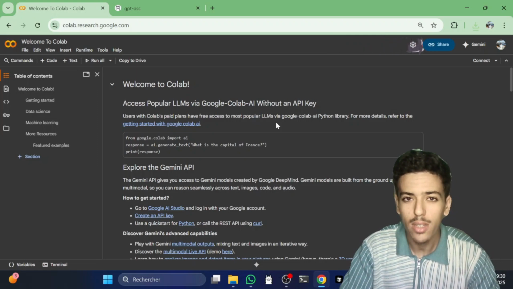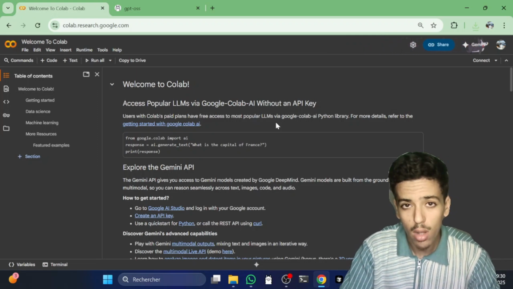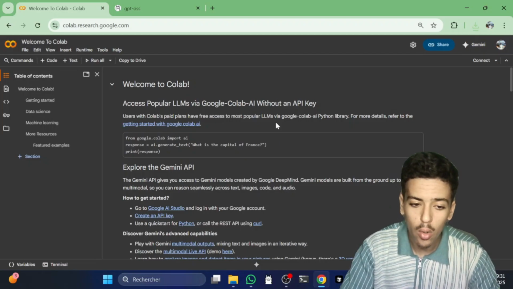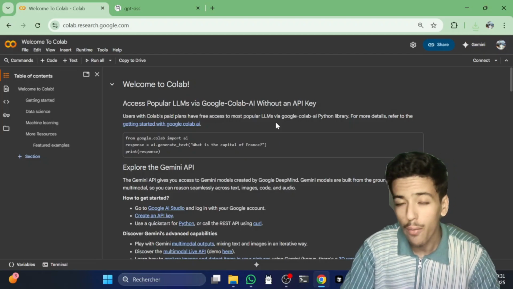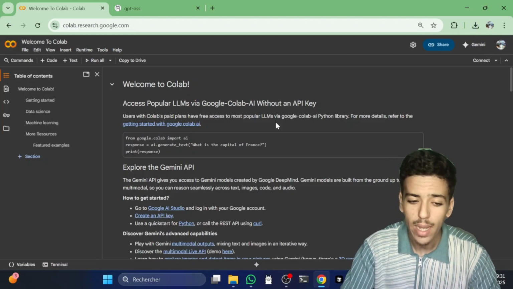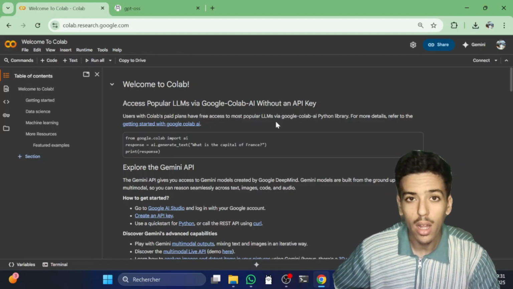Hey, my name is Isman, and today we are going to run a large language model on a free GPU. Google Colab has a free GPU. They give you 4 or 5 hours every 2 days. And then we can use it to access a large language model and run it locally and interact with